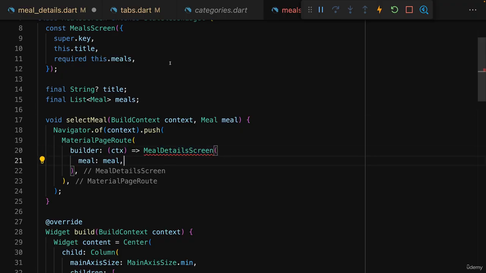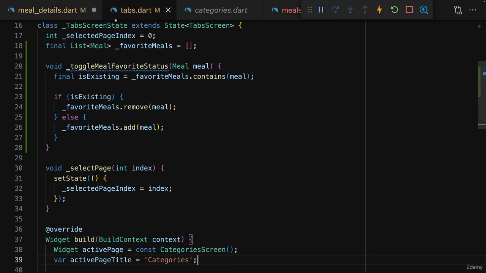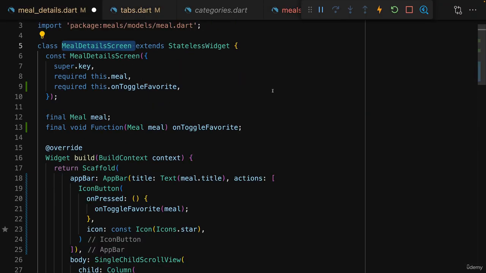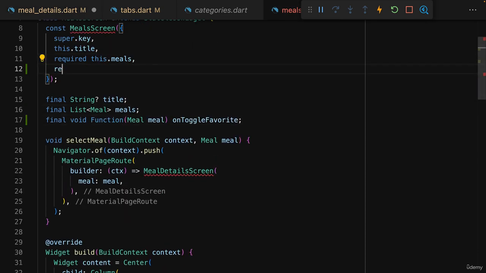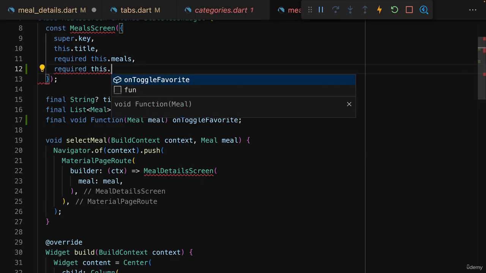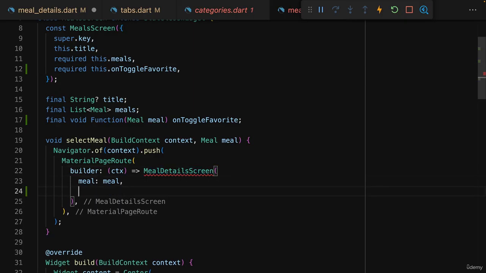Of course, we don't have this function here though, we have it in the tabs screen instead, and therefore in the end, in this meals screen, we also just have to register such an extra property and require this extra parameter onToggleFavorite, just so that we can forward it to meal details screen. Because there indeed we can now add onToggleFavorite and set it to this onToggleFavorite property that